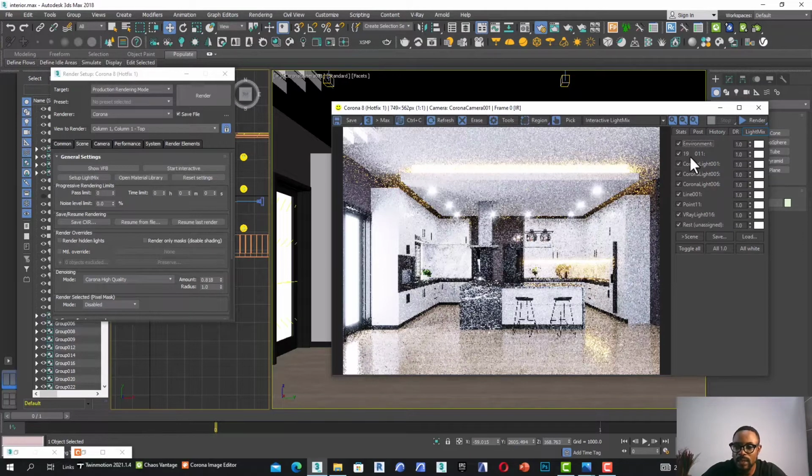Then another beauty of this light mix is that you can play with the colors of each of the lights that are in your scene. For instance, let's take the general light, we can decide to increase the intensity from here and reduce the intensity from here. And the beauty about it is that you can do this in post-production after the renders are done. Maybe you're checking it and you see that the lights seem too dark or too bright in the scene. You can reduce it here just after you've rendered, making sure that you save it as a CXR or EXR file,